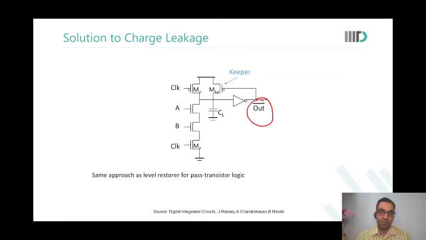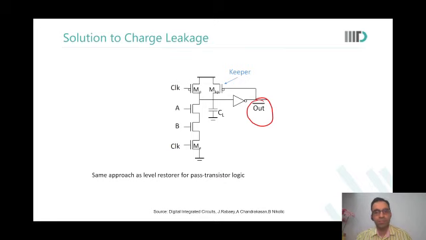See, the keeper is on. Output is expected to be 0. Out bar is expected to be 0. So the keeper is fully on. The PMOS is in saturation region. Yes, sir. Okay. So saturation current of the PMOS versus off current of the NMOS. So keeper can be fairly small. It will still depend on the size. It's a saturation current. Yes, but you will see, if you're working on the project with the dynamic gate, you will see the keeper will actually be very, very small. Not only will the width be 0.135, you will also keep length much larger than 0.06.